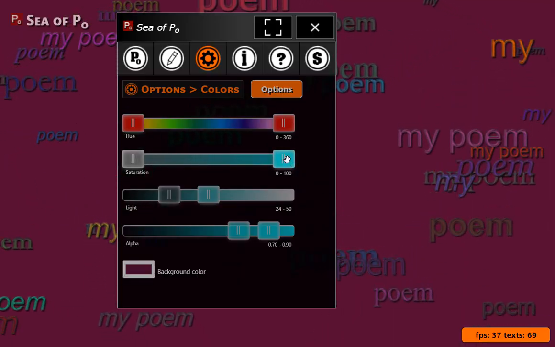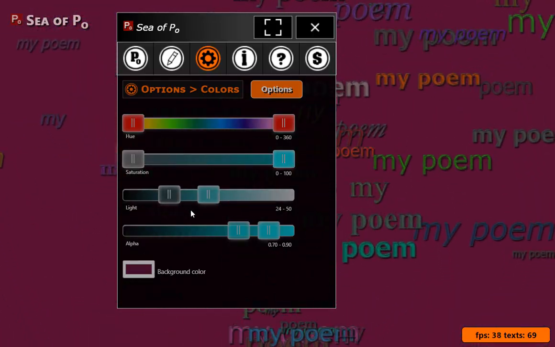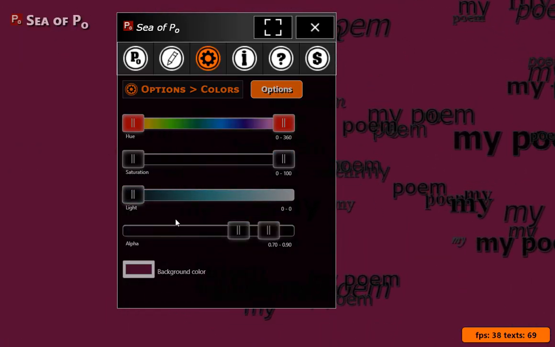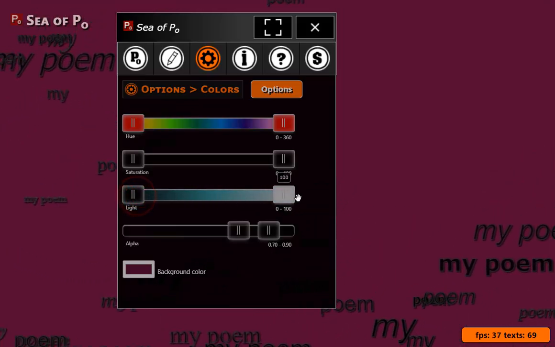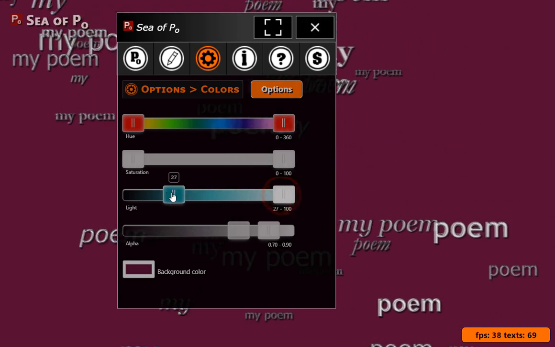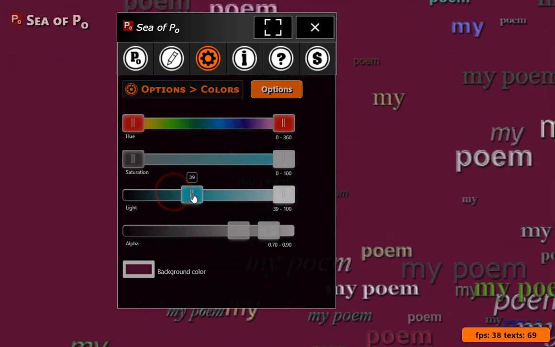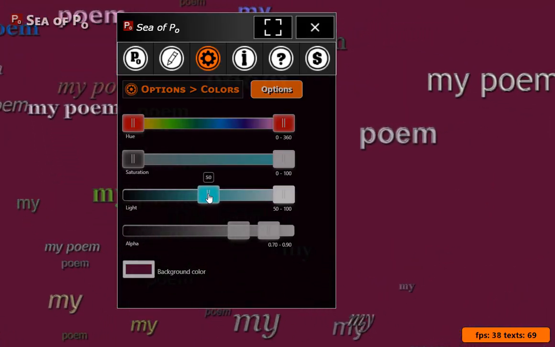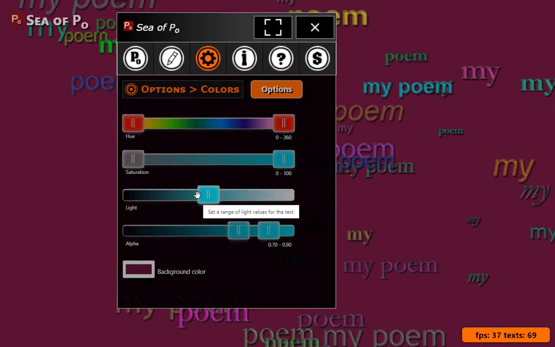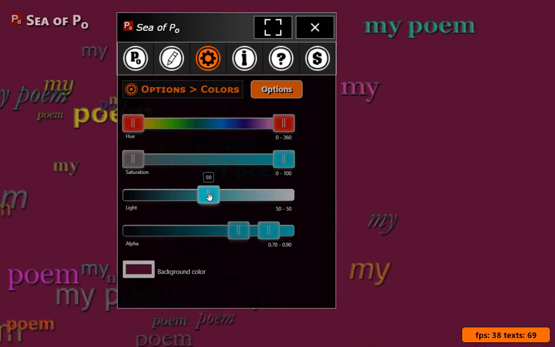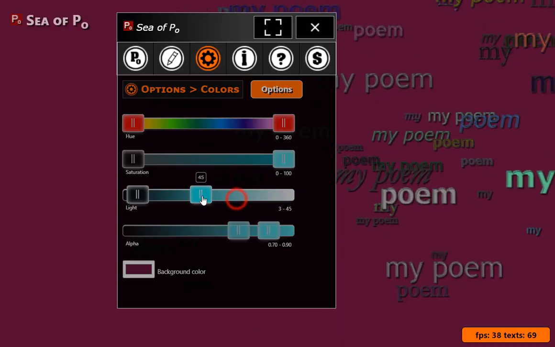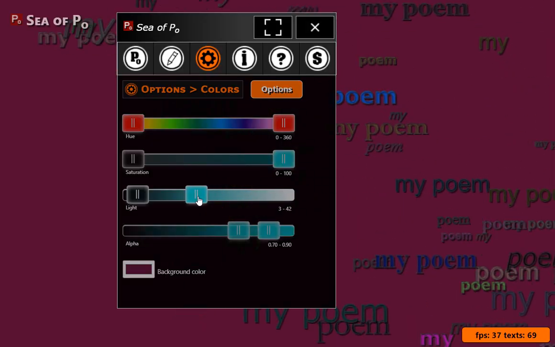So that's the nature of the saturation parameter. What about the lightness parameter? Well, if I set both of these there, then everything is black. And if I set both of them up here, then everything is white. But the normal lightness value for color is 50. So if I set everything at 50, then it looks sort of like normal color. But you can set a range of lightness values so that you get a range of